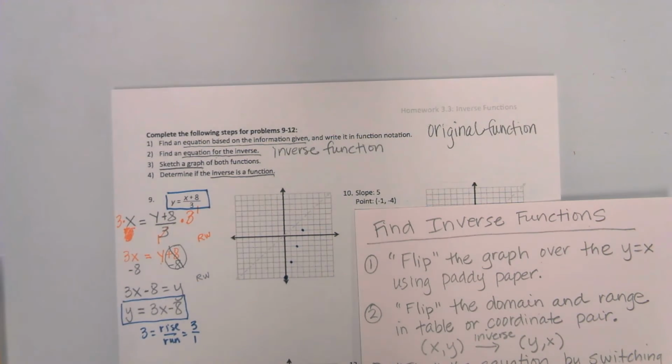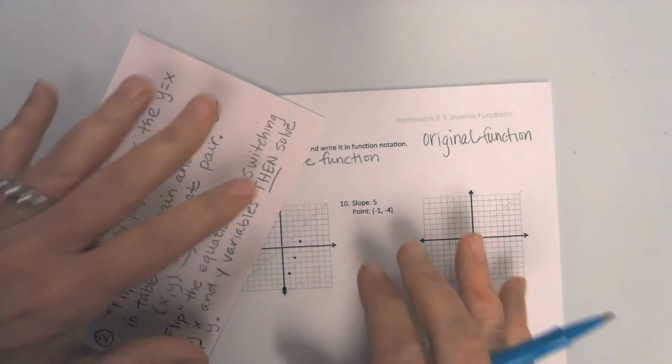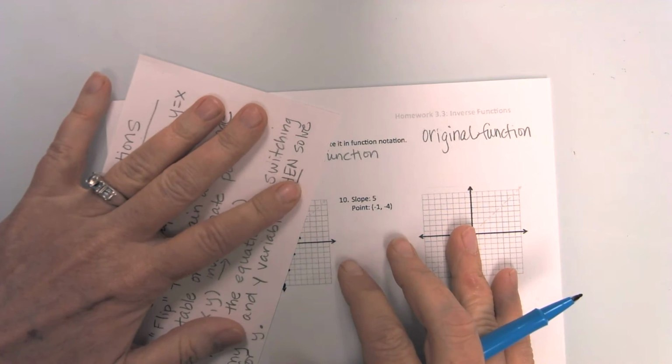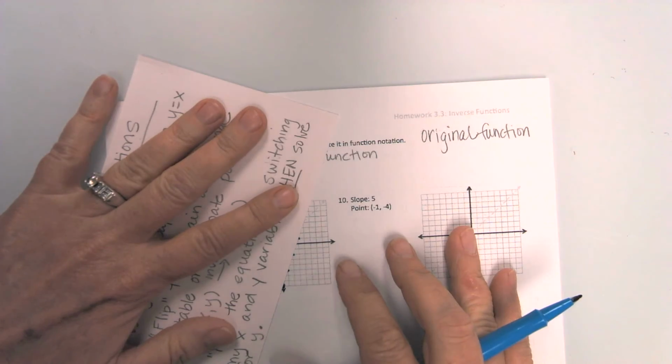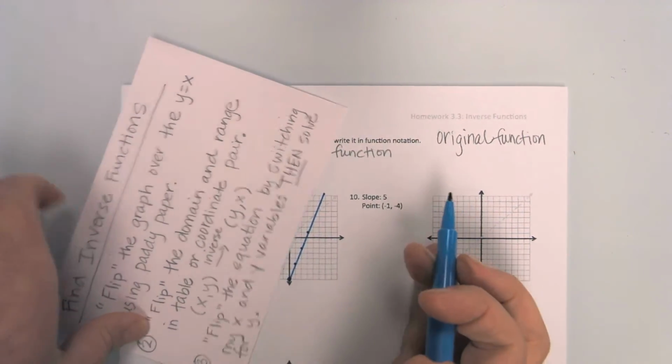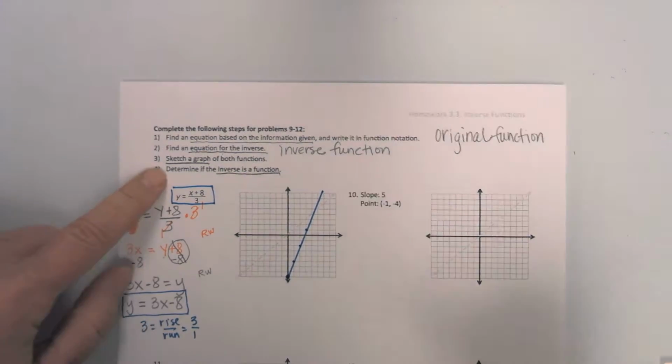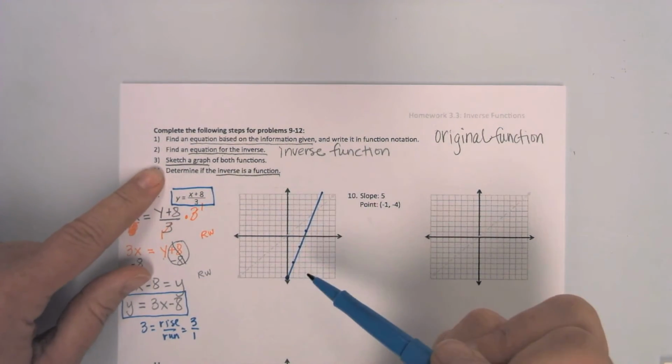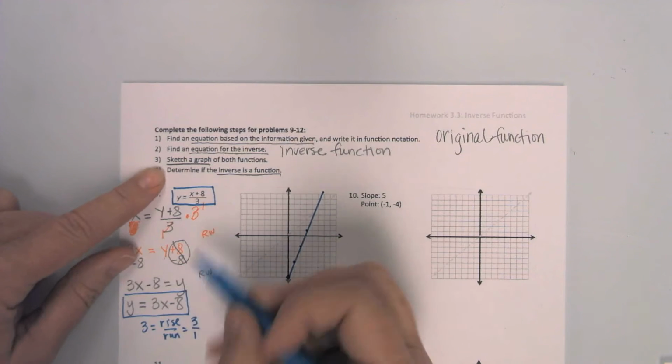And I've lost my ruler. So that's okay. That's what postcards are for. Okay, so let's go ahead and sketch in this line. Make it as precise as possible. Now, I have 2 choices here. Notice that I have sketched one function, but I have not sketched the other one. I could make a table out of this,